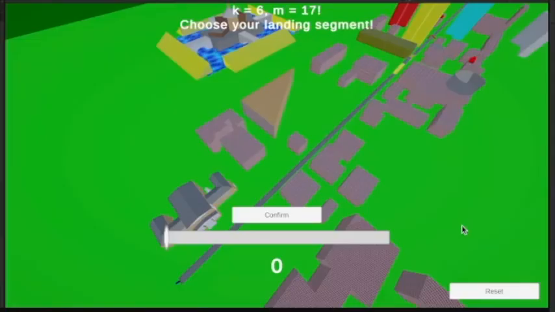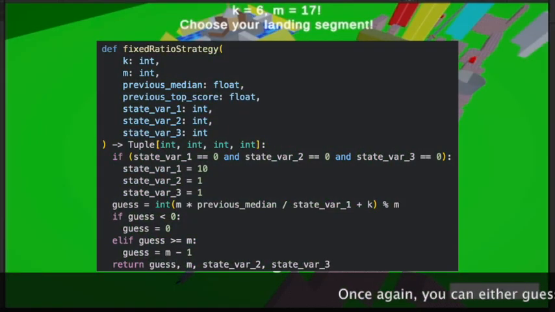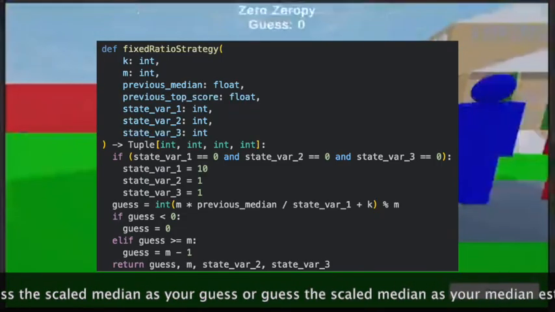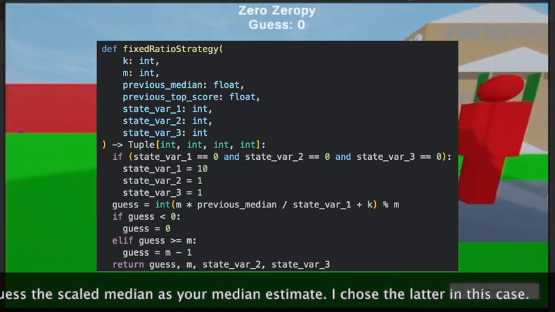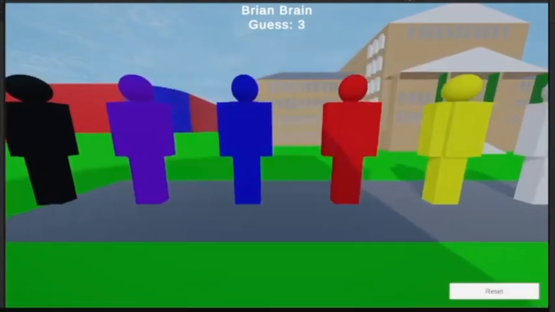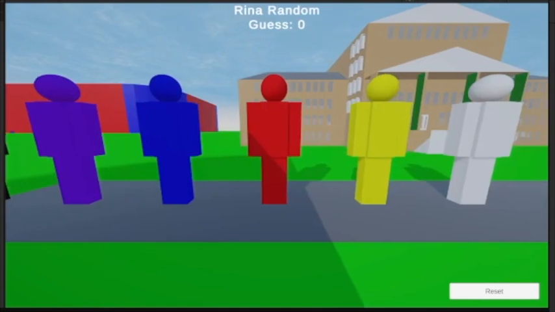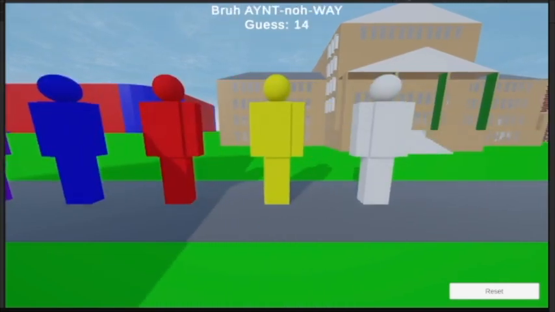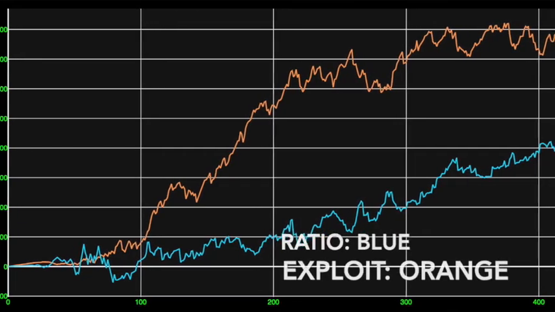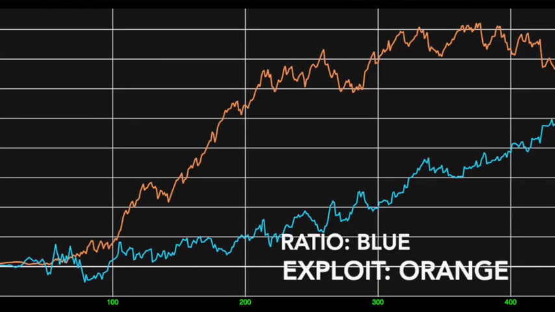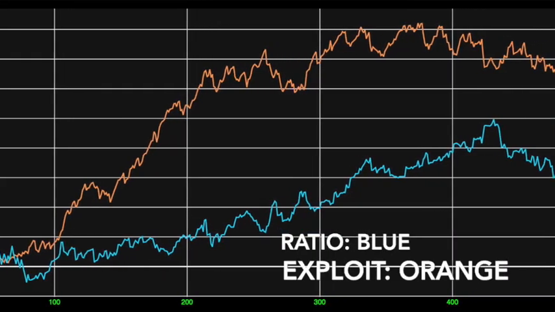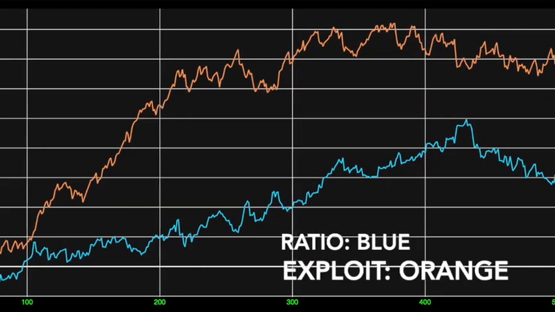To fix this, we tried ratio strategy. Instead of copying the raw median, we scaled it proportionally based on the old and new values of M. If the old median was 75% of the way across the street, then the new guess should also be 75% of the way across the new street. This makes mathematical sense. It preserves relative positioning rather than absolute positioning. Unfortunately, players are not actually distributed proportionally from round to round. The scaling assumption often just wasn't true. Ratio strategy was definitely more sensible than raw copy strategy, but in practice it still tended to underperform the stronger